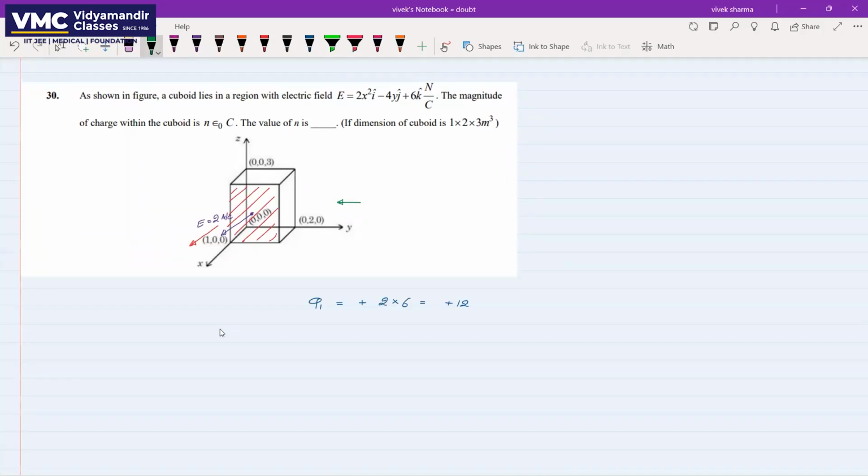So again, for the left face, on this entire face the y coordinate is 0, so the electric field is 0, and no flux will pass through it. We need to calculate the flux from this face. And how much will the electric field be here? The electric field is 4y. So at this point the electric field is in this direction, and 4y, the electric field here is 4 times y, and the y coordinate on this entire face is 2, so it is 8